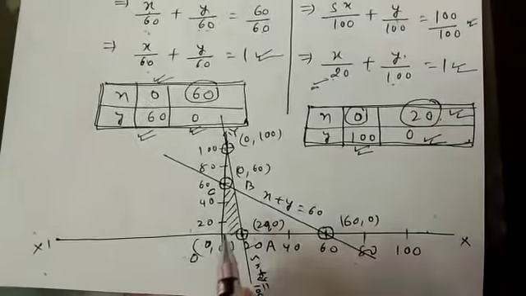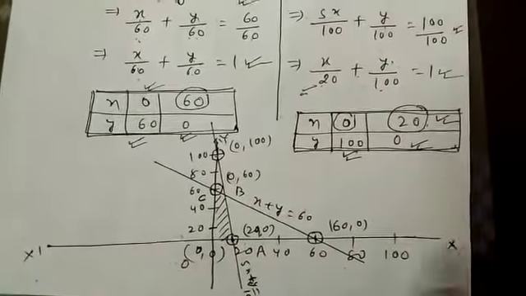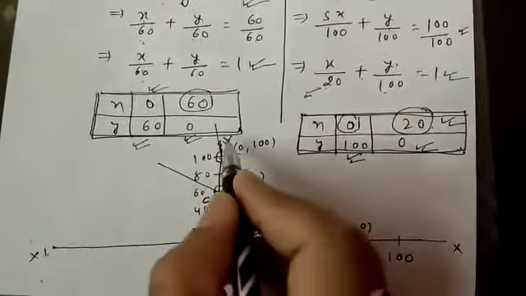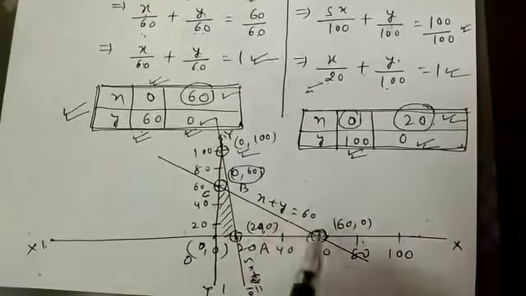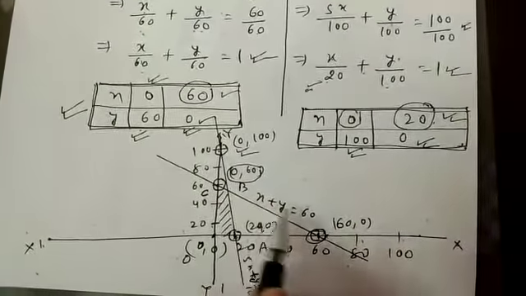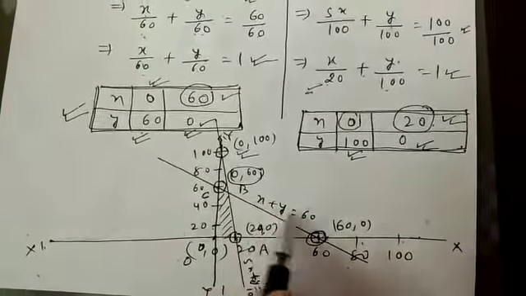So I am going to draw the graphs. Here x-axis, y and y dash. This is the origin. We take 20, 40, 60, 80 and 100 on the x-axis and 20, 40, 60, 80 and 100 on the y-axis. So from the first equation, x equal to 0 and y equal to 60, this point, and x equal to 60 and y equal to 0, this point. We join these points, and this becomes the equation x plus y equal to 60, a straight line.